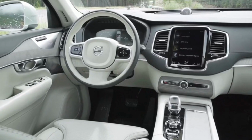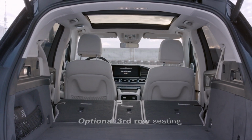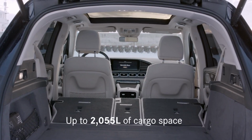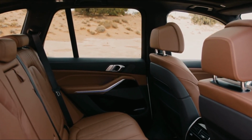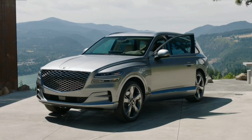With lots of room inside and plenty of cargo space. If you can't afford the luxury full-size SUV, the best alternative is a 3-row midsize SUV. Spacious second and third rows, with room for up to 7 people. Midsize SUVs with an available third-row seat are perfect vehicles for when you need to pick up your extended